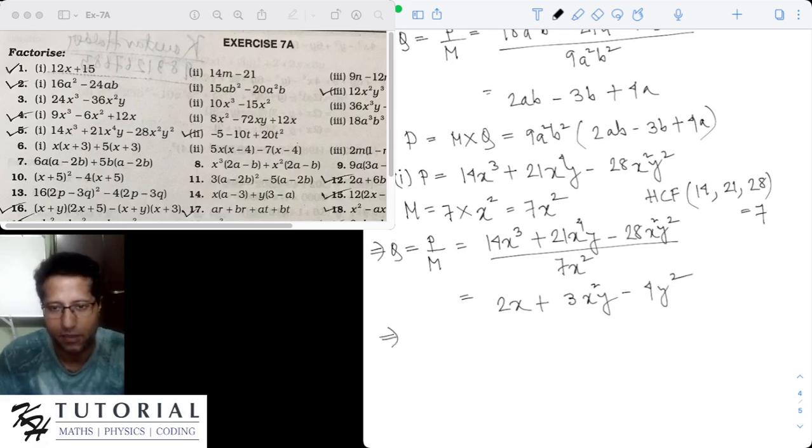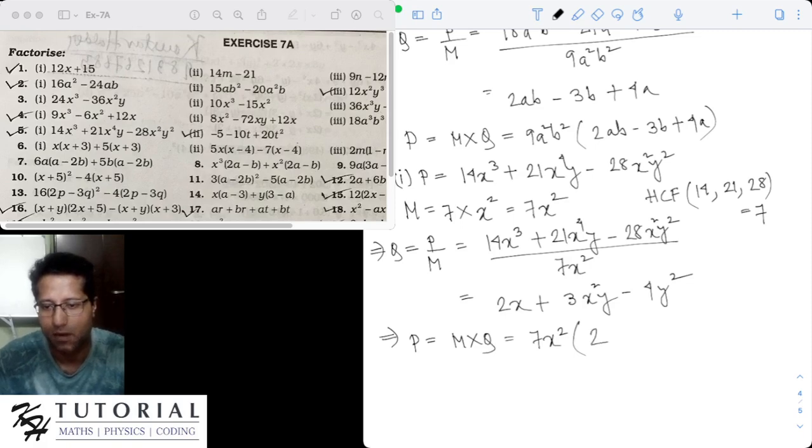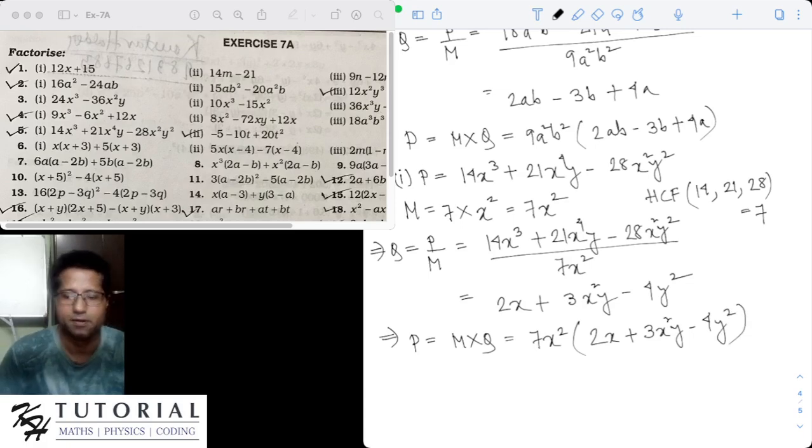So the factorization of the polynomial p will be m multiplied by q, which is 7x square multiplied by (2x plus 3x square y minus 4y square). So this is the factorization of the given polynomial. Okay,